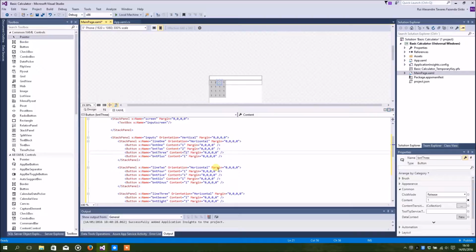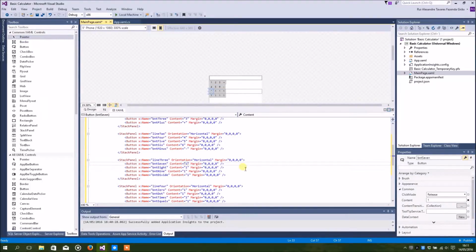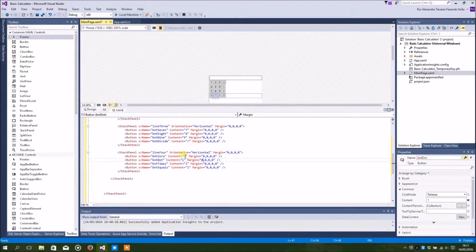This one is 2, 3, the plus, 4, 5, 6, minus, and I mistakenly wrote this. 7, 8, 9, and divide, the 0, the dot, times,